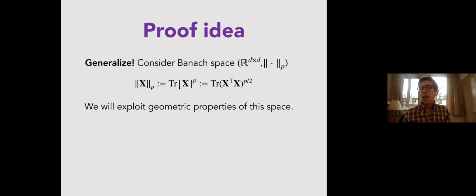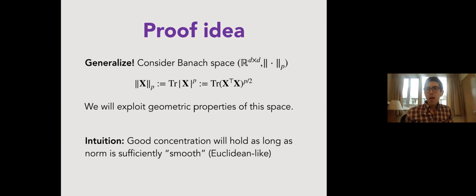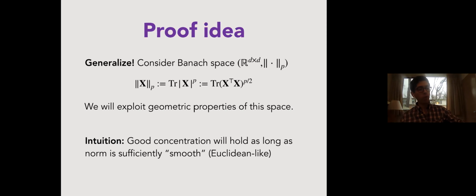So the point is that the set of D by D matrices equipped with this norm becomes a Banach space. And we will just try to directly exploit properties of this space. And essentially, the intuition is going to be, we want to understand how similar this Schatten P norm is to a Euclidean norm. And the important takeaway, which is a familiar idea to people who do probability in Banach spaces,